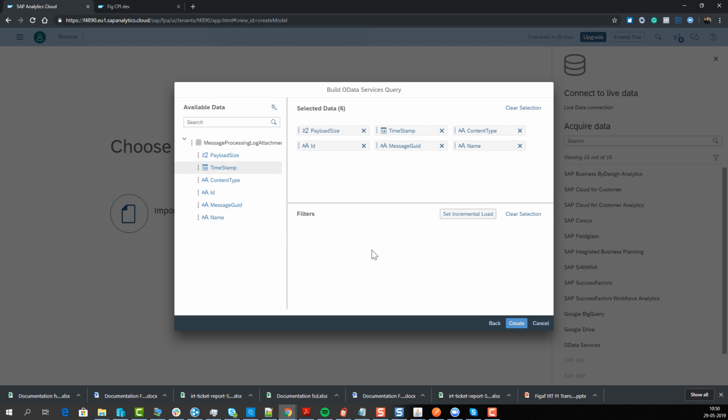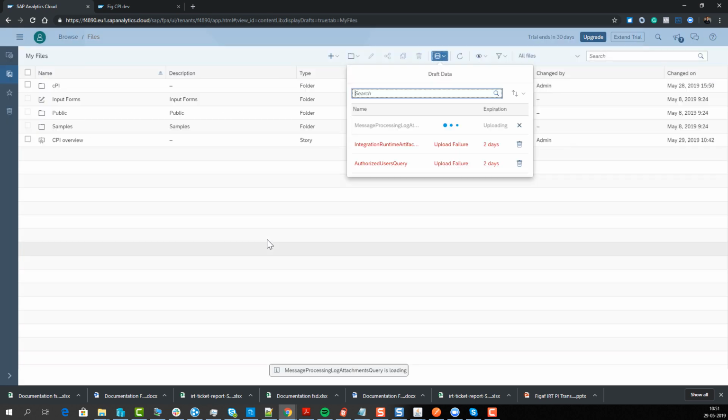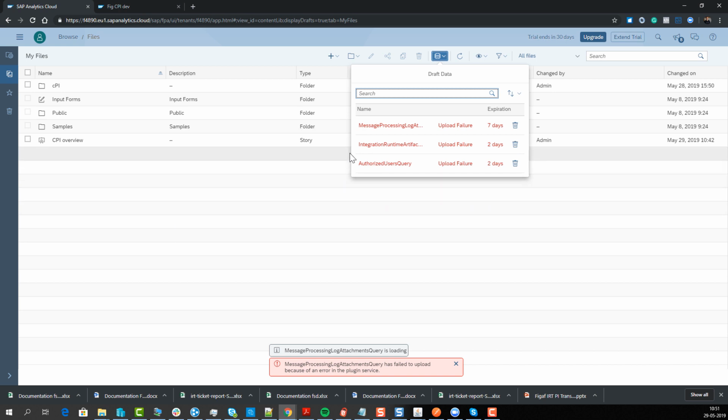So I guess we can put in here and set an incremental load, imported since last. Then you do the same thing for the message log, and it will then create a model,